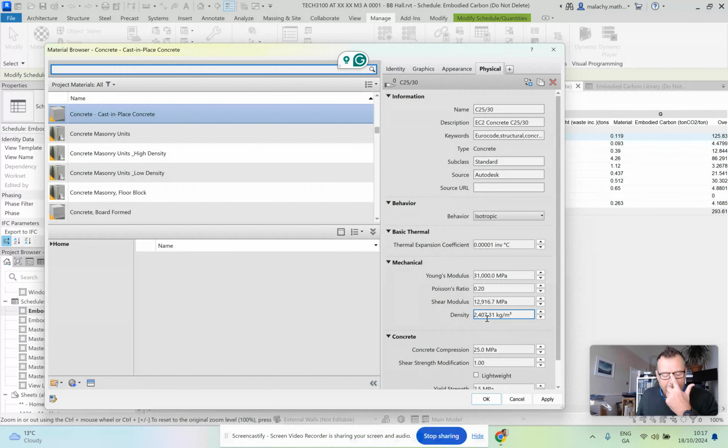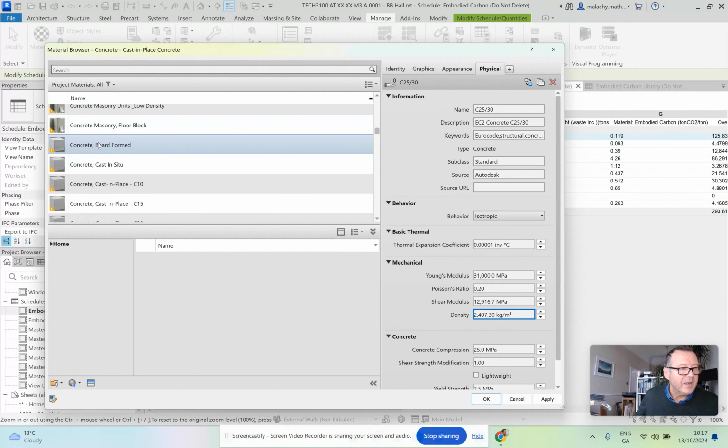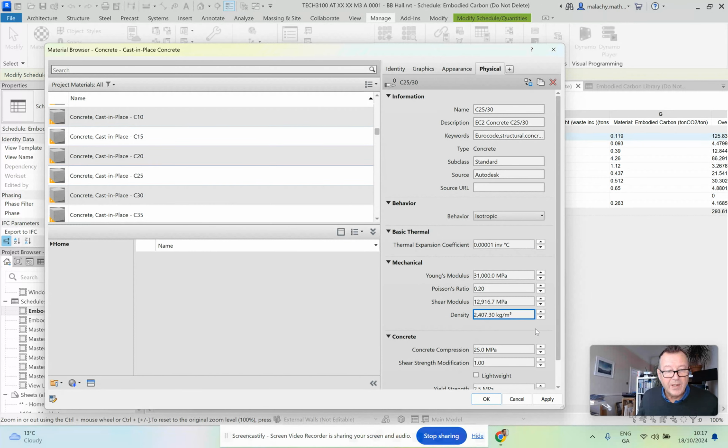Now, what will happen is that it's very possible this might be right, but it's a default that they're using, if you know what I mean. So we need to go in and check that and make sure that that one is correct. It seems to have a Eurocode associated with it, so it mightn't be far off. I think Autodesk are improving this as they go along. So what I'm showing you here is that you have the ability now to take maybe a default and actually go and adjust the kilograms per meter squared figure,